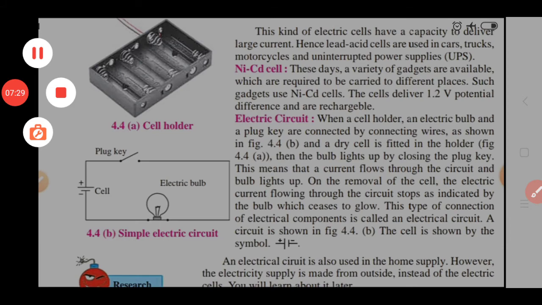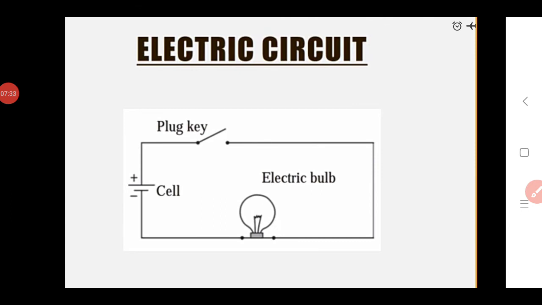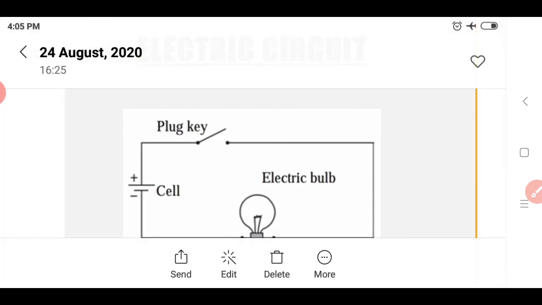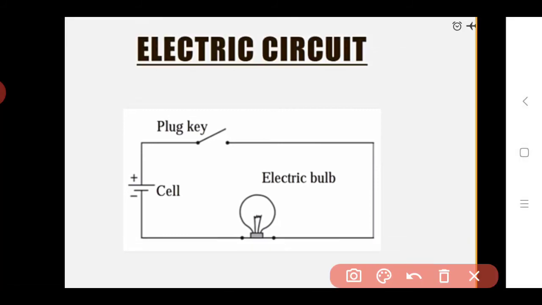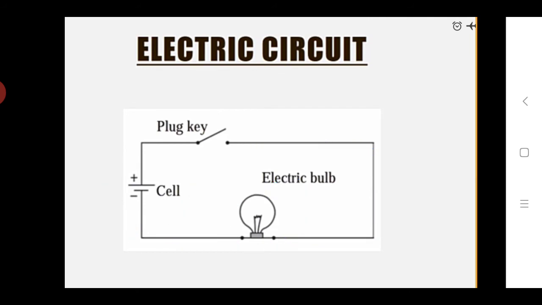Okay, so again we see this with some images here in detail, how the electric circuit is completed. Here, which electrical components are used for making this circuit. See, these are the electric wires. Then it is the electric cell, it is the plug key, that is the button for switching the electric current on and off, and it is the bulb. So these all are called electrical components. These are connected in that way. This connection is called an electrical circuit.